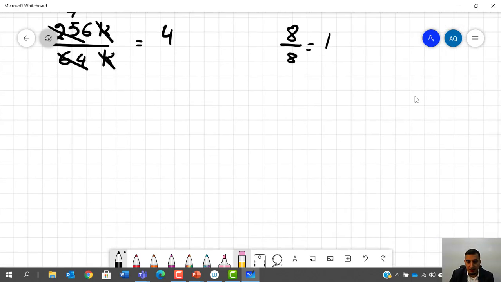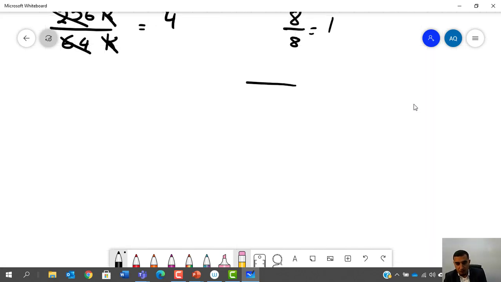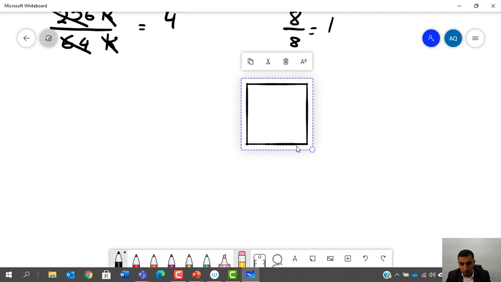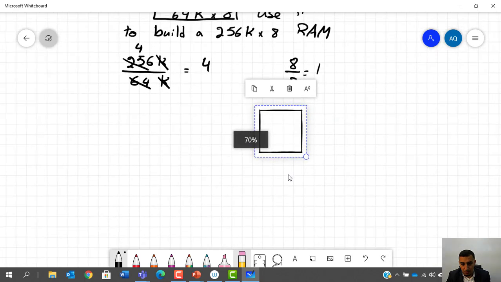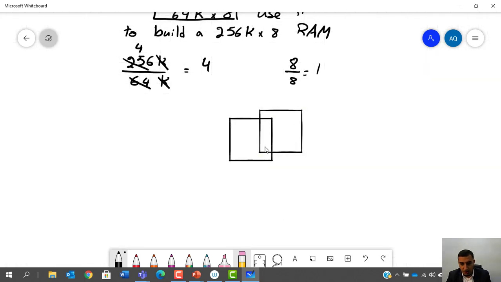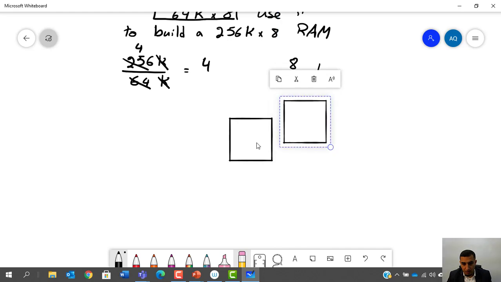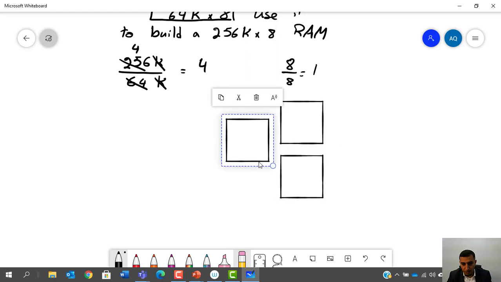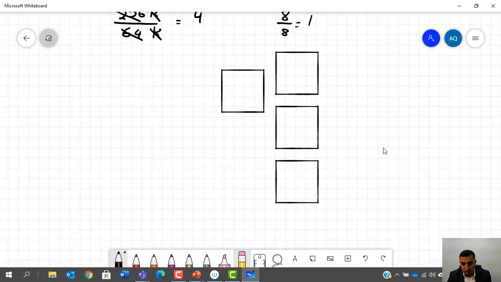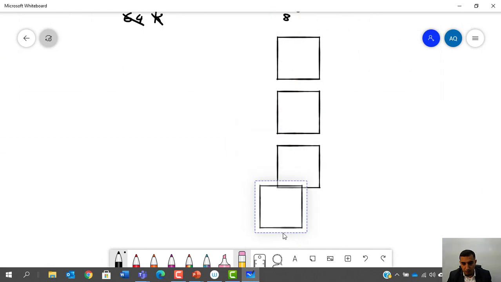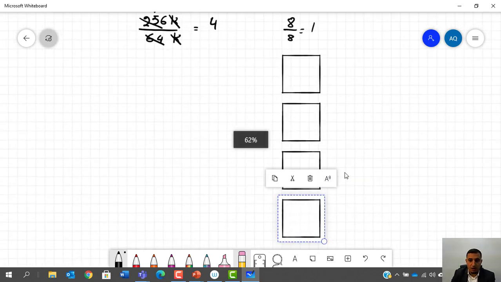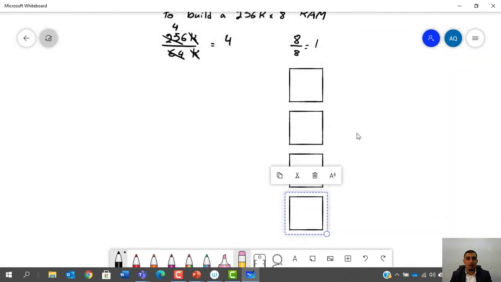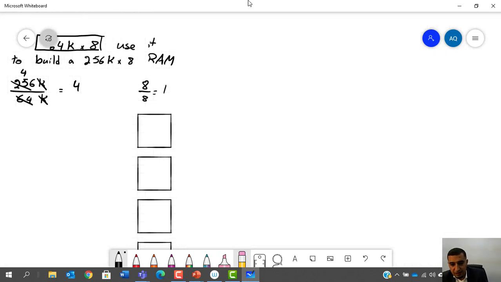So my design will look something like this. I will have 1, I can copy this one, two, three, and 4. Now, these 4, I need to know a few things about them. So I will write over here 256